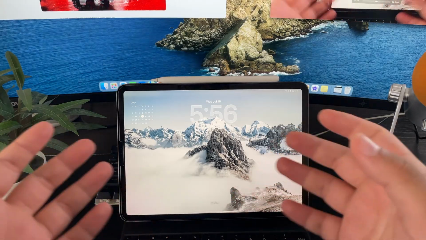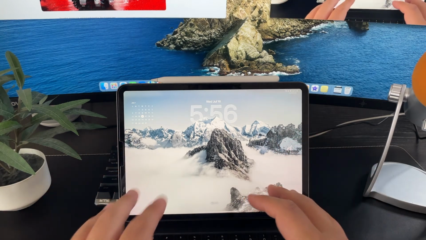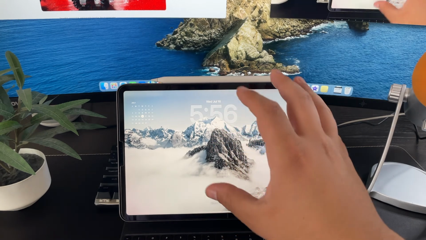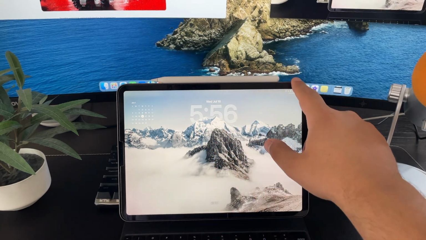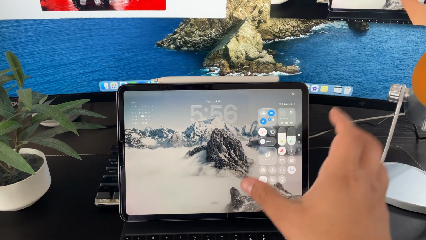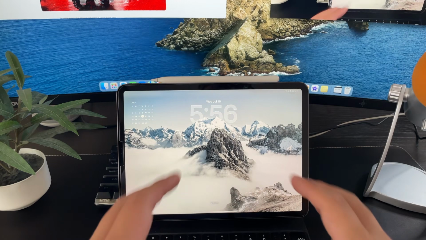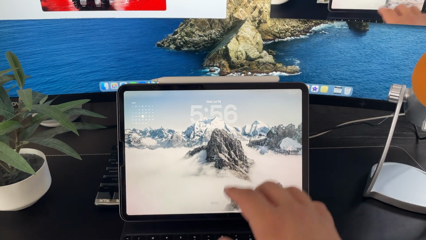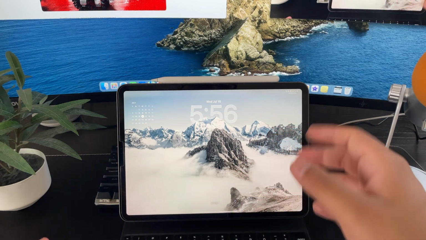So here is how the home screen looks on the iPadOS 26 with the liquid glass appearance. As you can see here, the clock is in the new appearance, the liquid glass. And if we open the control center, as you can see, it's in a new look, the liquid glass. I'll show you today all the places where you can see liquid glass and how nice it actually is on the iPad. And I'll show you how you can activate it or how you can turn it off